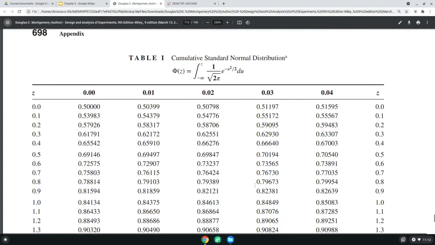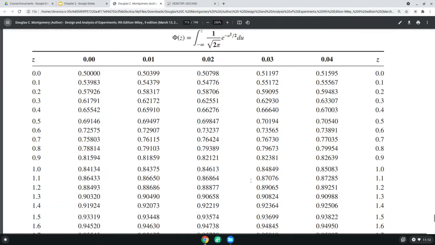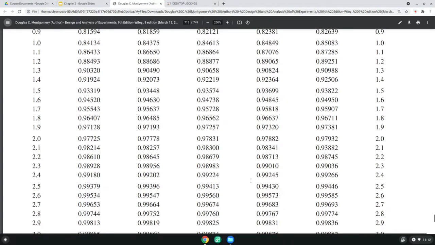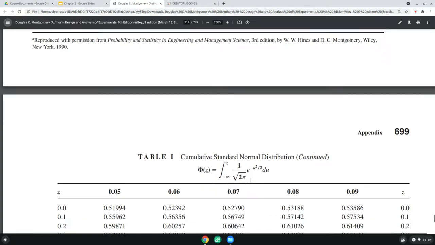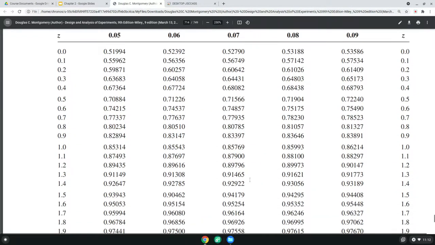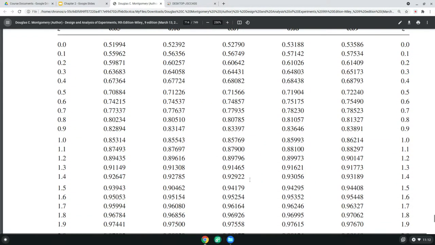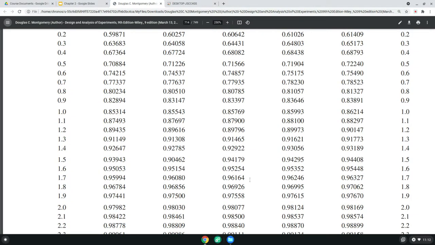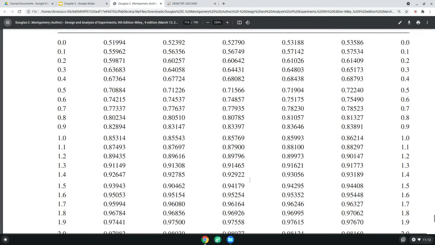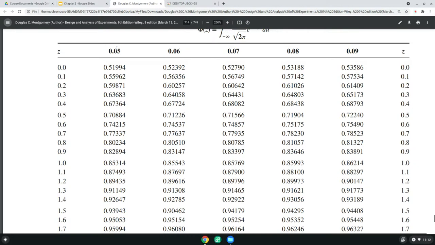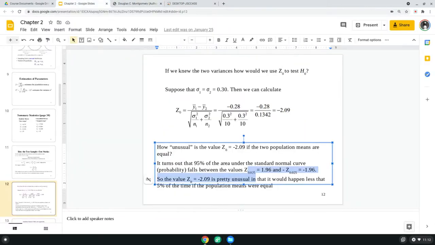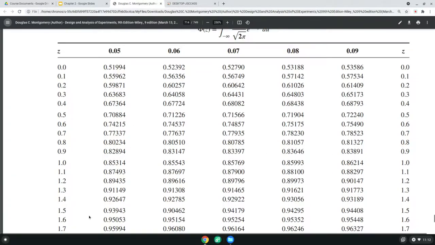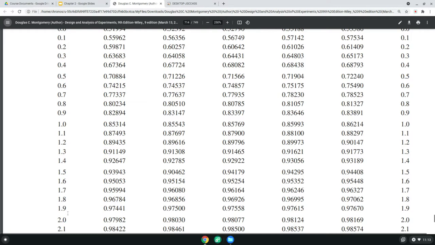The standard normal distribution tables continue on the second page here. Here you will see, once again, 1.96. So I'm trying to look for 1.96, 1.9 and 6. Here is the value we get,